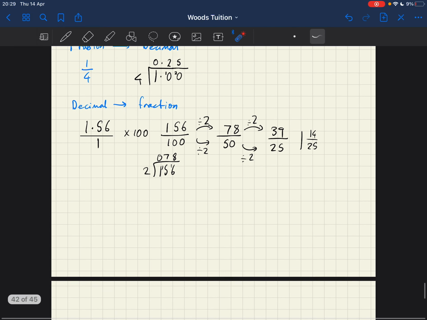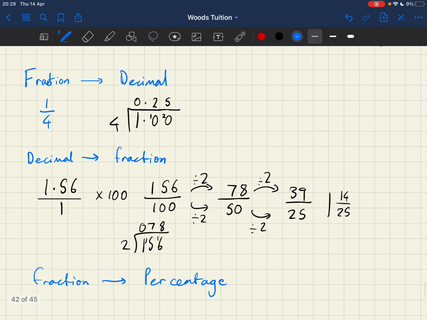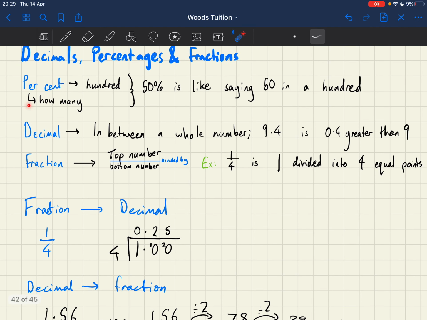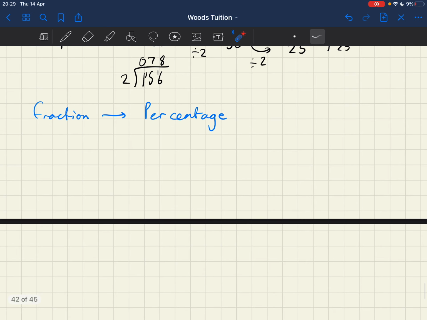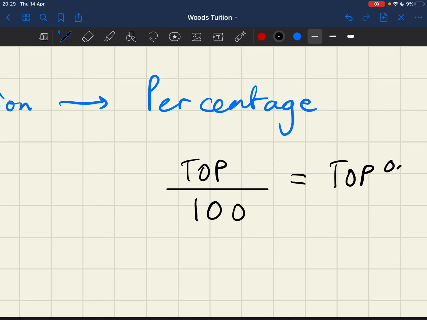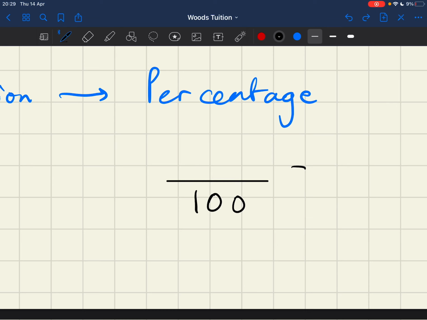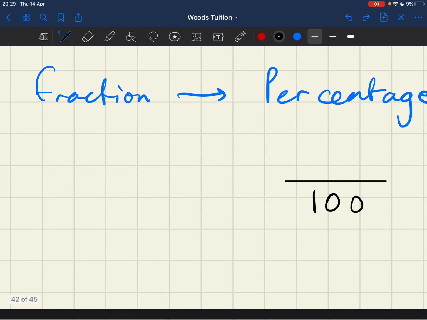If we go and introduce percentages, let's go from a fraction to a percentage. So we've got fractions to percentage. Okay, so we know from our definition of percentages that it's how many per 100, okay? So whenever we get our percentage, if it's over 100, then we're able to say that it's just equal to whatever's on the top, percent, okay? Because it's the top out of 100, okay? The numerator out of 100. So what we do to get from a fraction to a percentage,